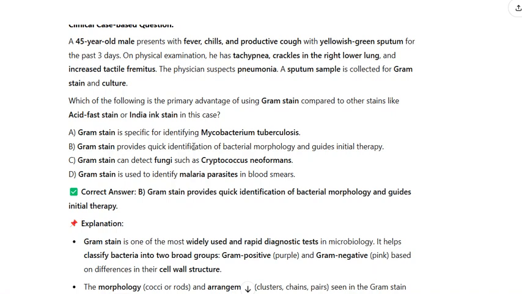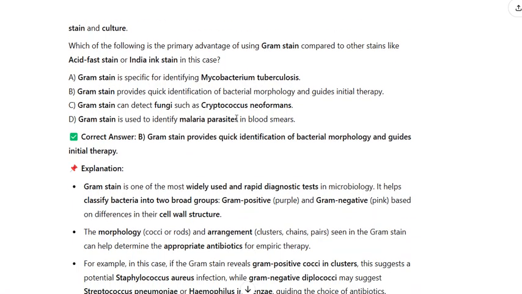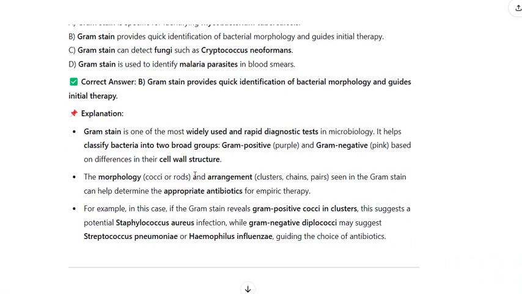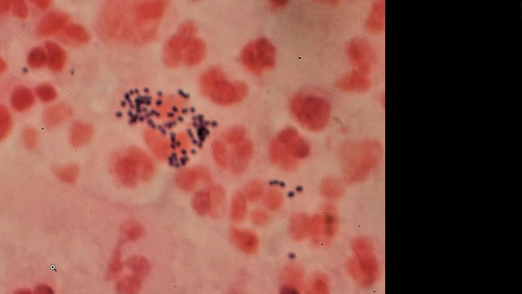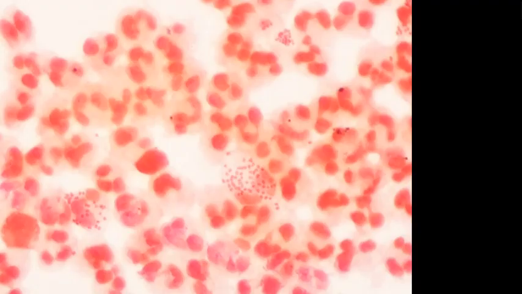Correct answer, B. Gram stain provides quick identification of bacterial morphology and guides initial therapy. Explanation. Gram stain is one of the most widely used and rapid diagnostic tests in microbiology. It helps classify bacteria into 2 broad groups: gram-positive, purple, and gram-negative, pink, based on differences in their cell wall